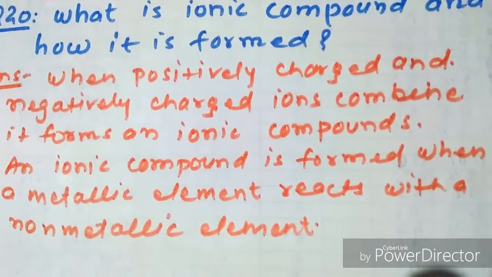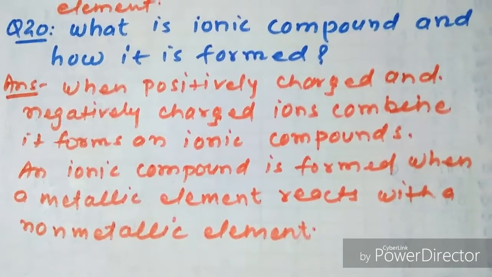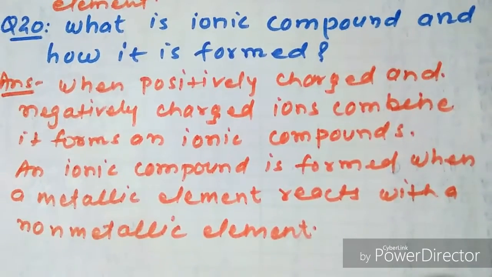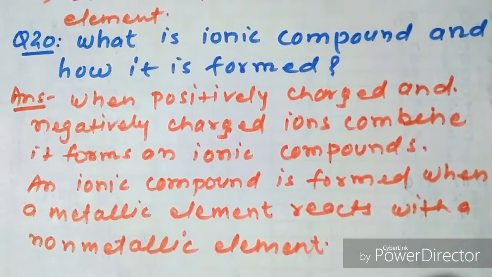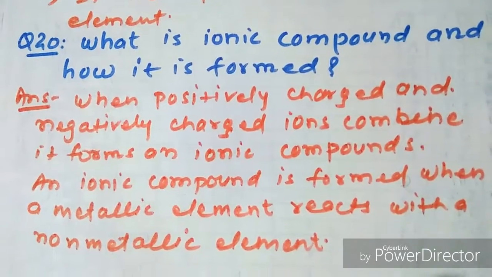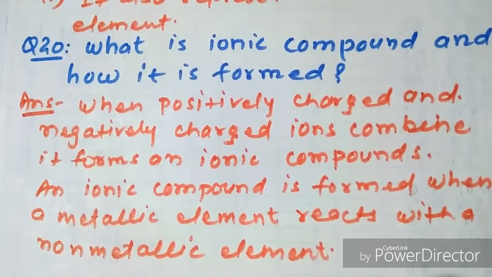Then it is clear from the written answer what an ionic compound is and how it is formed. So we only have to write the answer to this type of question. And next,